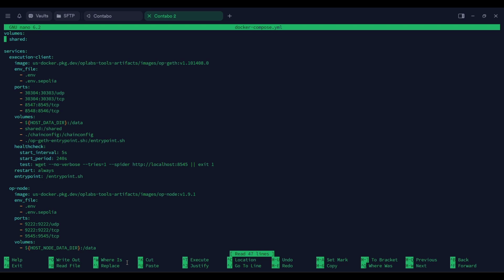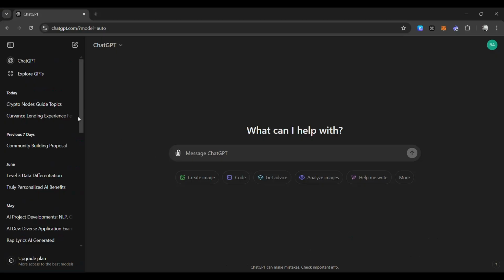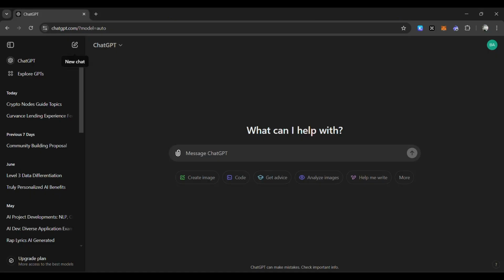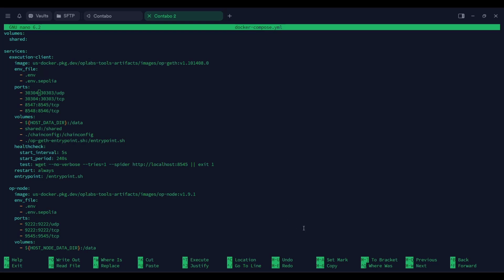So as you can see, I have these ports. When I was trying to run this Unichain node, I was getting a daemon error that my port is already in use, that port 303 is already in use. I also didn't know how to fix it. So what I did was, first I checked Google or YouTube. If I don't understand, I copy the whole error.